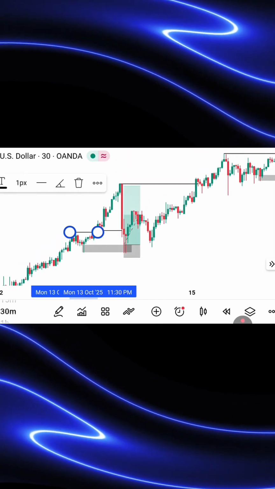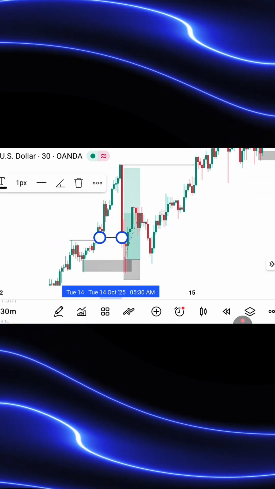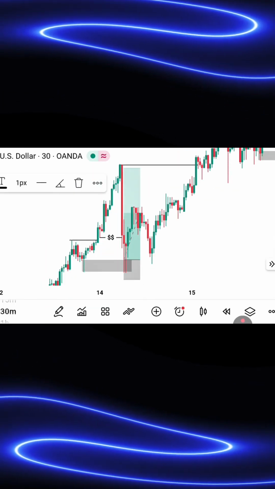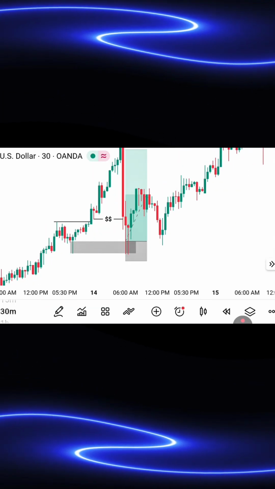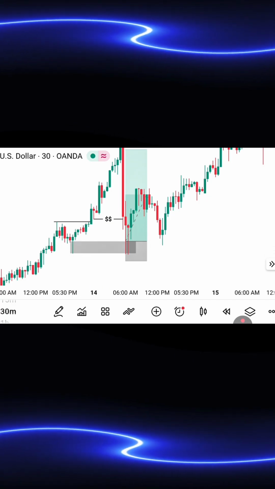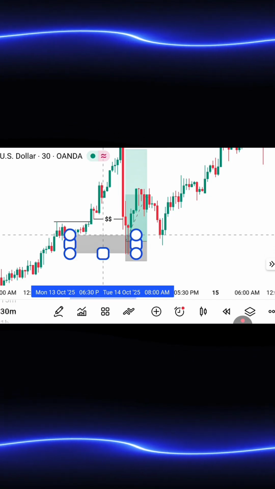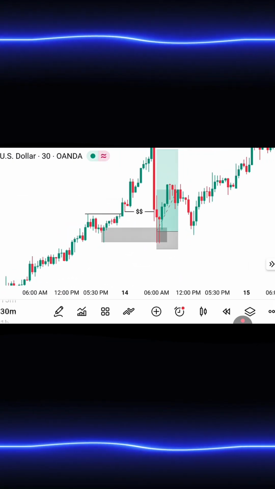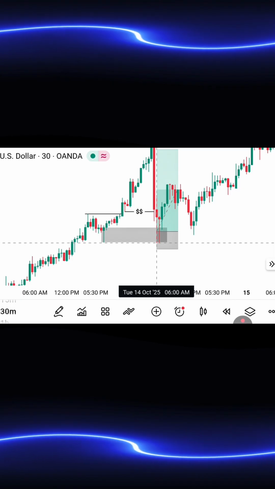After the break of structure to the upside, this is the pullback. This is my inducement, so let's mark it out as an inducement. After the inducement, this was supposed to be our order block here. This entire place here is supposed to be our order block, but I just marked below, which is just the wick. After the market tapped into it, you can see that the market actually created this